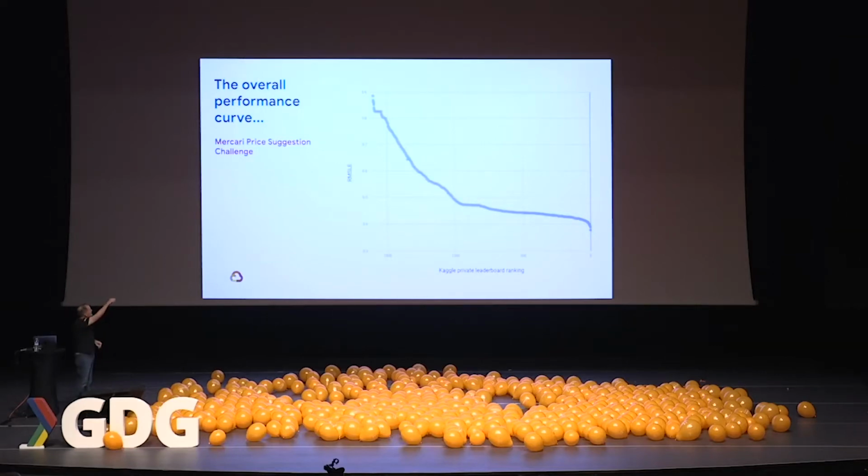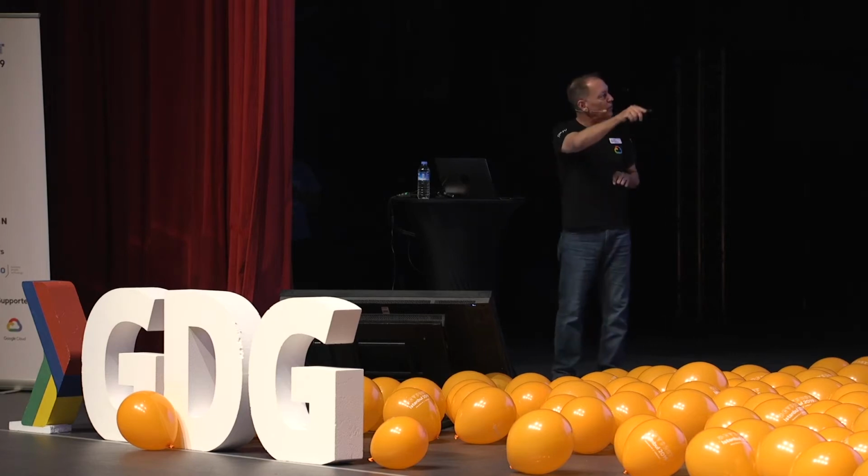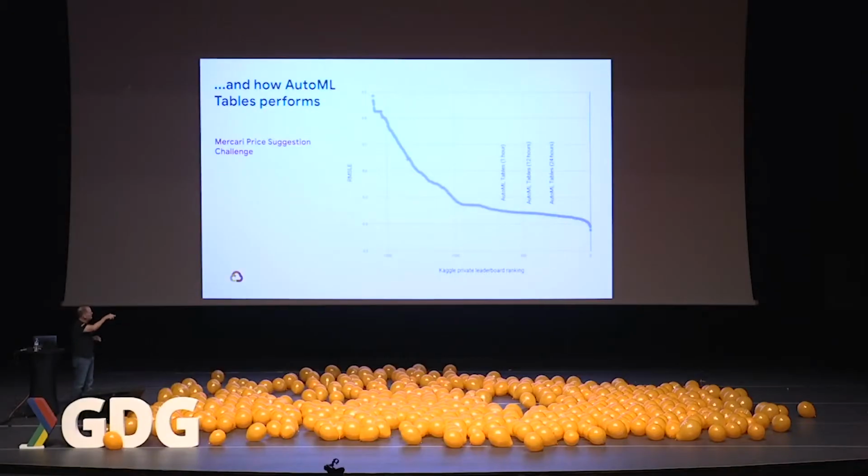The first few models came in up here, and then we saw some rapid improvement. As you get lower and lower, that means the models are getting better and better. So you see some pretty quick change as new models are put out by other people, or maybe people resubmit their models. Then it levels out quite a bit, where you're closing in on the fundamental noise of the data. You can't get much better than that in general once you see these plateaus. And then finally, we see out here at the end. Well, we submitted 3 different AutoML models. One was trained in 1 hour, one trained in 12 hours, and one trained in 24 hours.